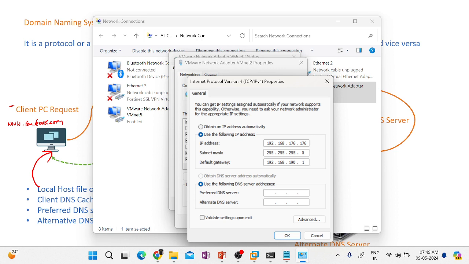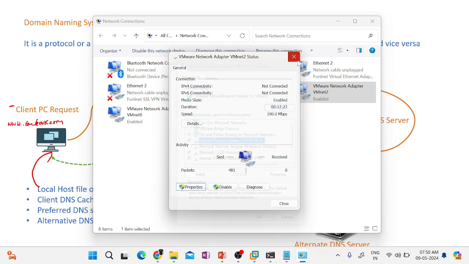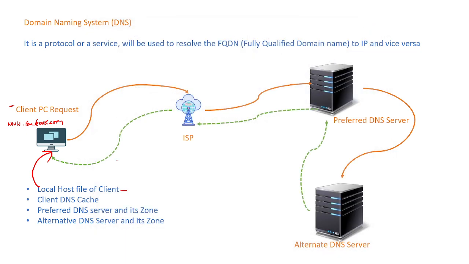When we build a domain controller, we give the DNS address here, and when you build a client computer also, you need to have this DNS address. This is preferred and this is alternate. You can add any number of DNS servers, for example in your home office. Then the query will be forwarded to the preferred DNS server.